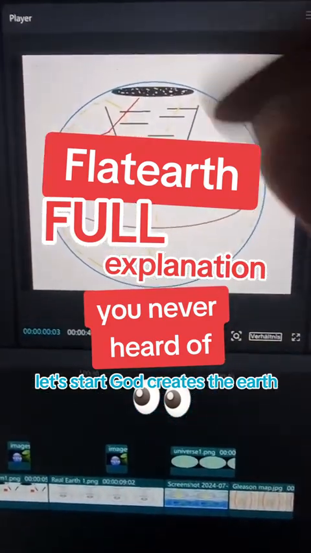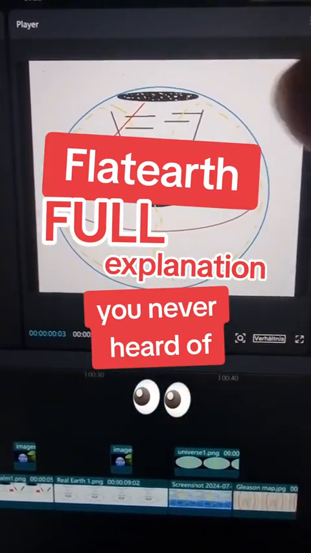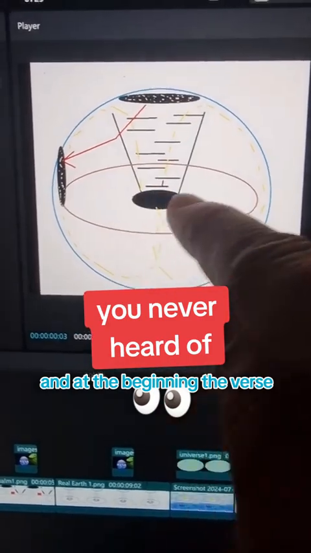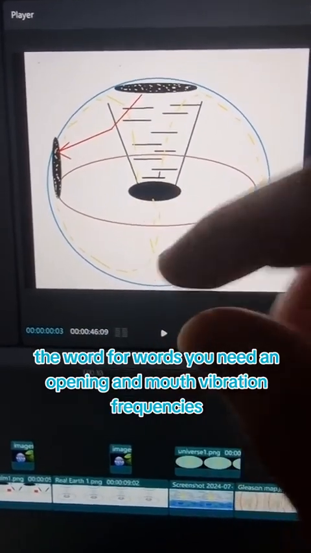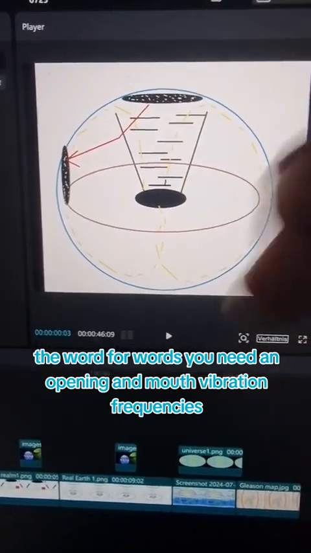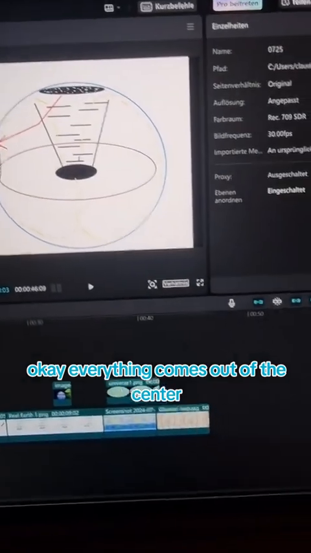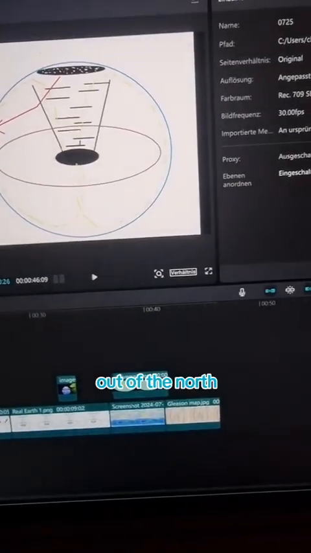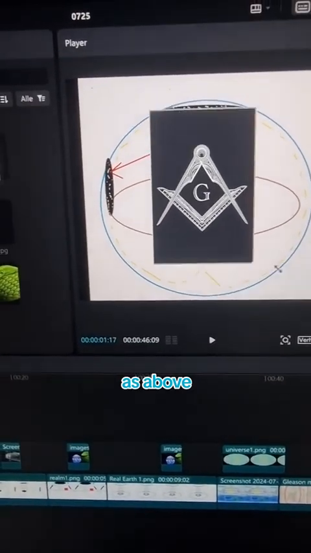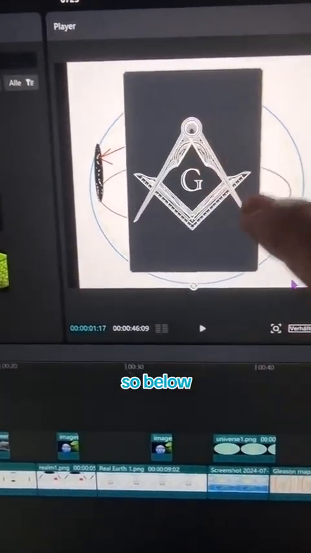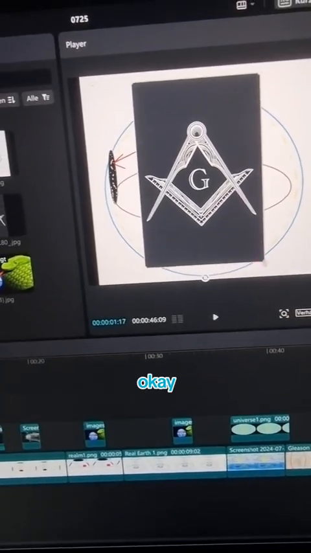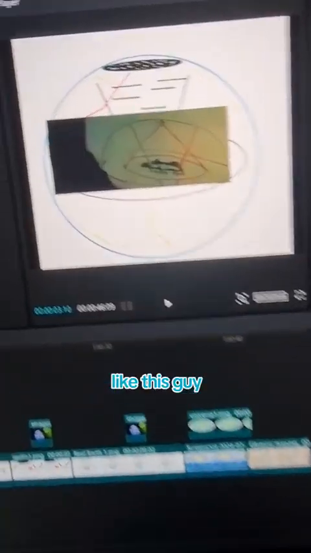God creates the earth. And in the beginning there was the word, and for words you need an opening, a mouth, vibration, frequencies, okay? Everything comes out of the center, out of the north, right? As above, so below, okay? Like this guy